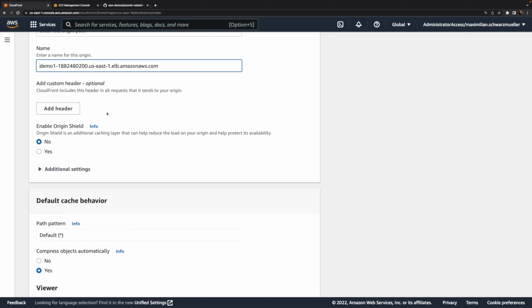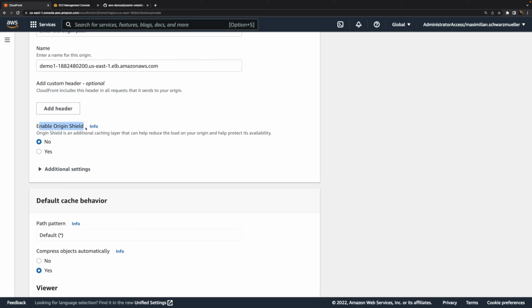So if you wanted to add extra headers, you could do that here as well, because you must not forget that now you have two requests technically, one request from a user to their closest CloudFront edge location, and then one request from that edge location to your origin server, your main server, the load balancer in this case.